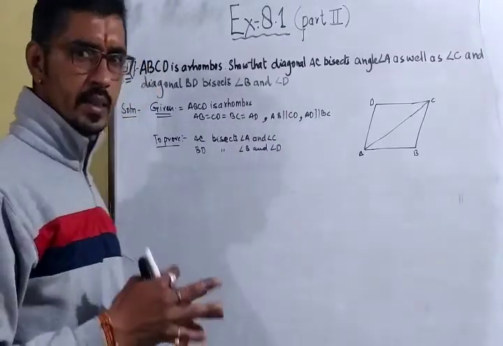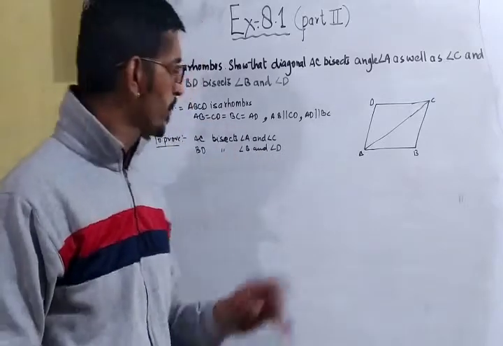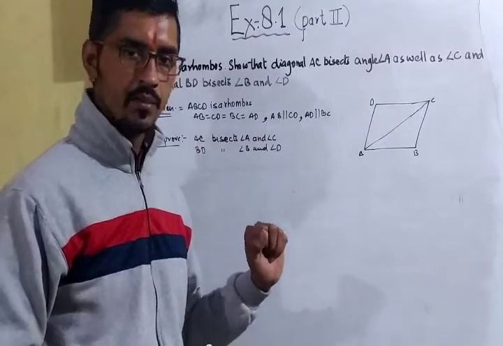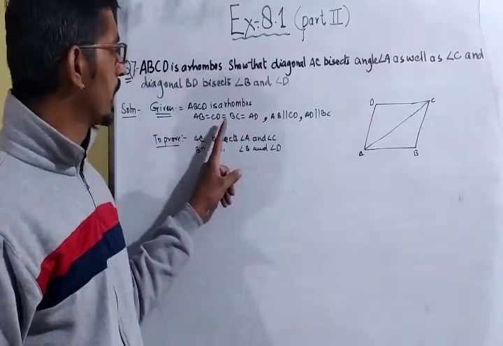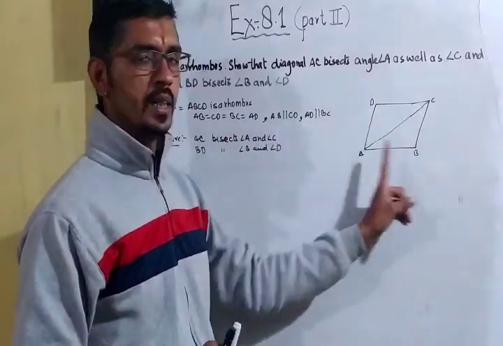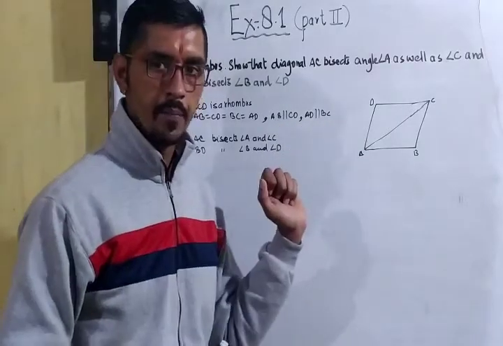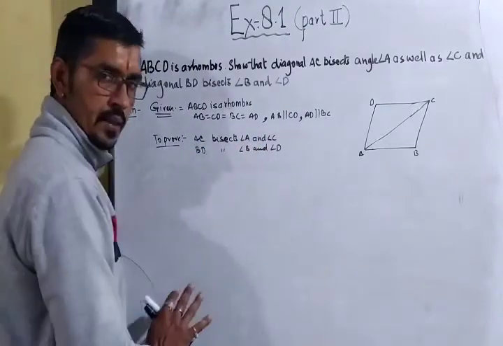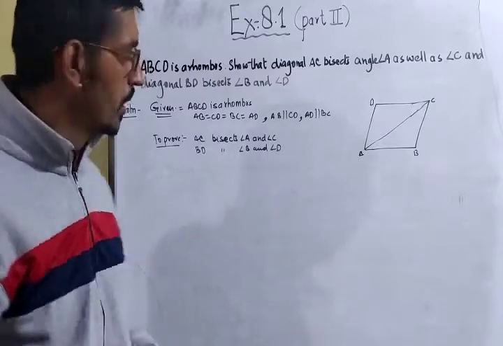Now, if it is given a rhombus, what we can conclude is that AB equal to CD equal to BC equal to AD. First you will learn the given things. ABCD is a rhombus in which AB equal to CD equal to BC equal to AD, and opposite sides are parallel to each other. AB parallel to CD, AD parallel to BC. Okay. Now what we have to prove? AC bisects angle A and C and BD bisects angle B and D. This we have to prove.